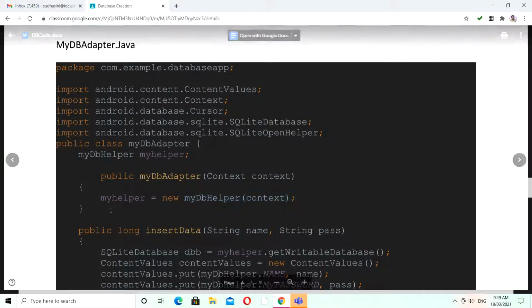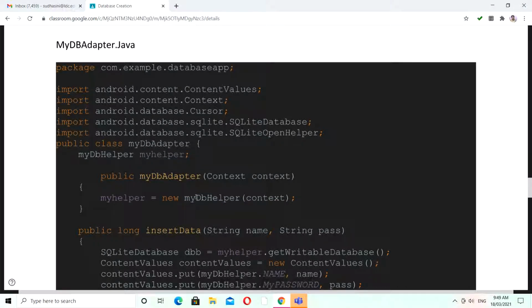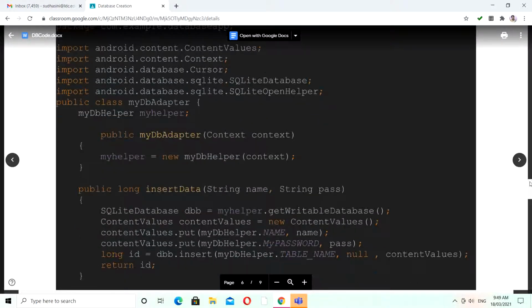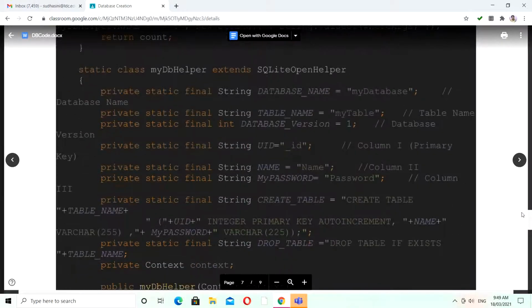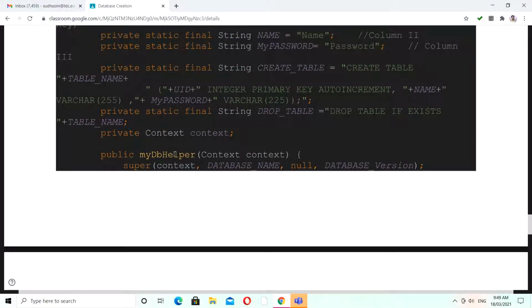Okay, so after writing this statement, your system will automatically get into the mydb helper area. Okay, so this is the mydb helper area, right? After this statement is executed, it will directly get into the constructor. Already we said that whenever you create and activate an object, at the very first time it is going to call your constructor.